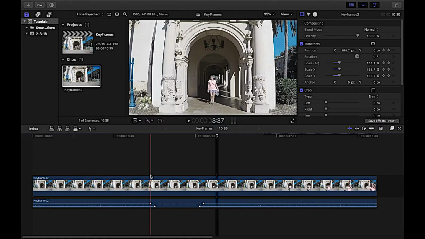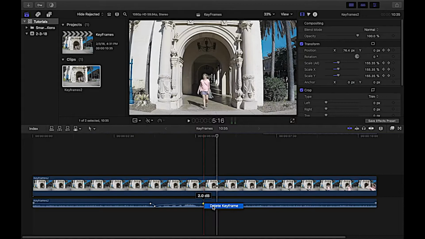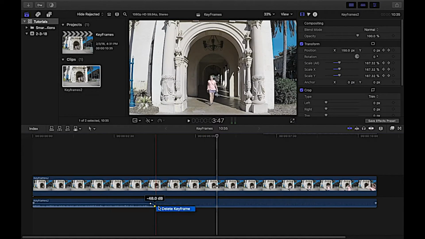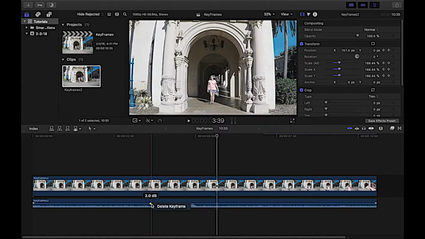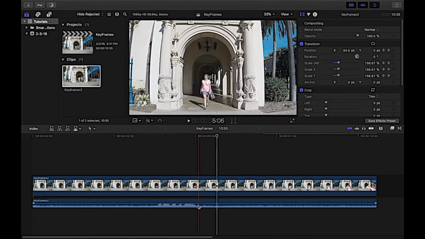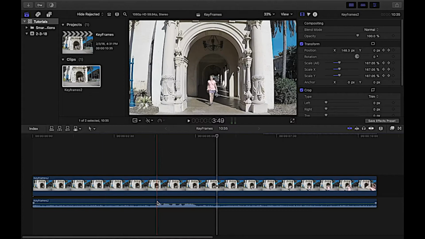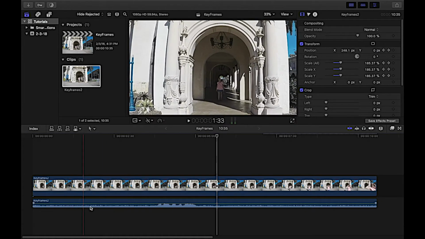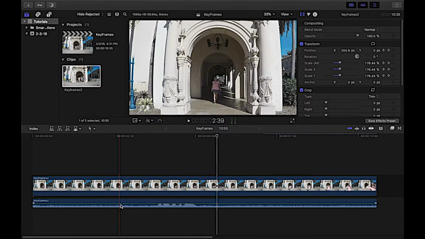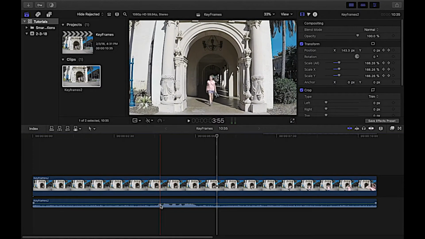But another way to do this, and this doesn't necessarily have anything to do with keyframes, it's just an extra audio tip here. We'll delete these keyframes. And let's say we want to, again, remove the area where I'm speaking. But we don't want it to be dead sound. We want to bring over some audio from over here, which is just regular background sound, ambient noise, and we place it. The easy way to do that is to